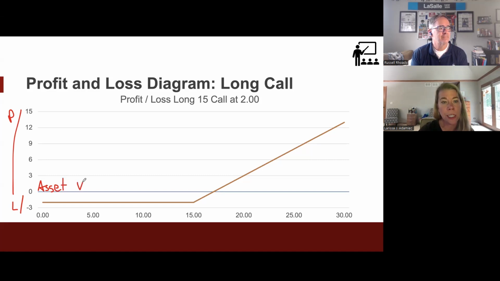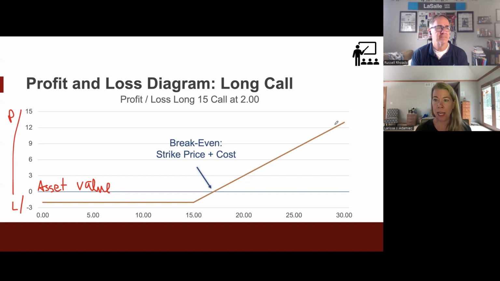So we can see we have a natural barrier of 0, because as Dr. Rowe pointed out, stock can't go below 0. We're infinite, okay? So there's infinite possibility for how far the stock can go. Intuitively, that's definitely true. Realistically, is it going to go infinite in the next month, week, or day that you're holding the option? Probably not, but that's still mathematically possible.